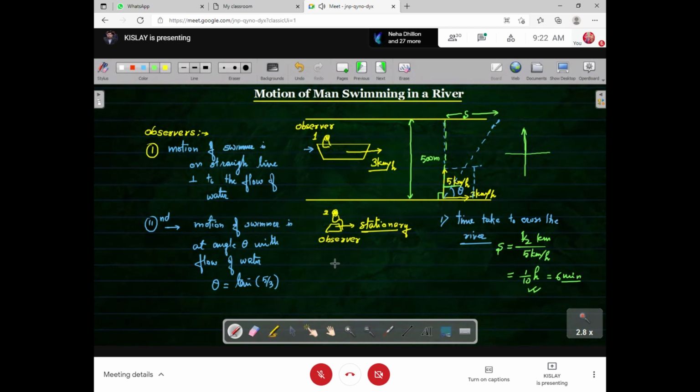Yes, sir. Now think about this distance, how much distance he has covered in the direction of flow of river. Means यहां से directly opposite point से कितने distance पे जाके वो दूसरे बैंक पे fall करेगा. This is B. Just we have to find this distance. It means what? We have to find distance covered by the person